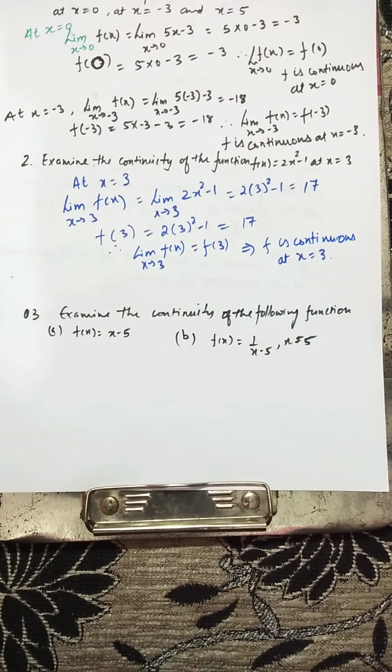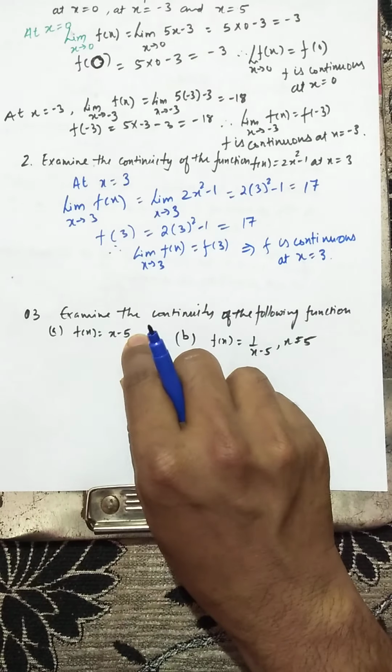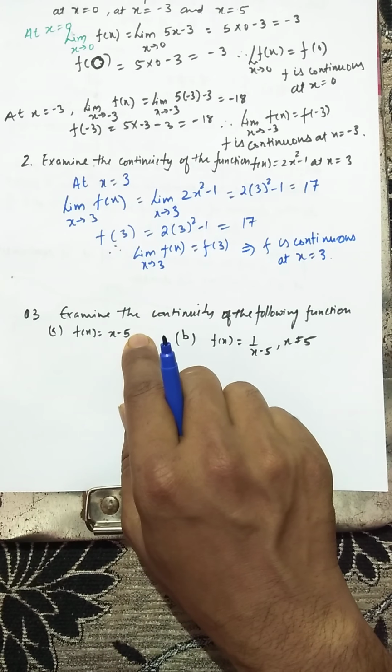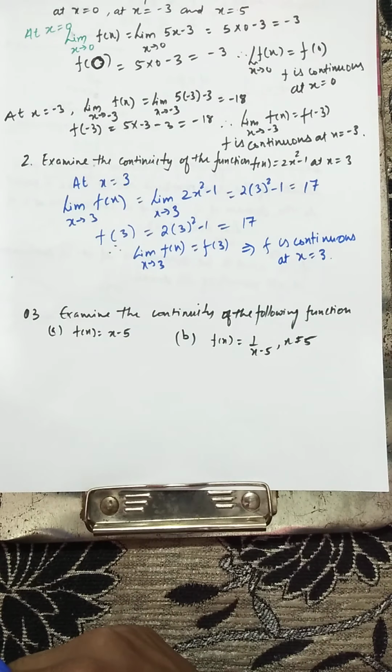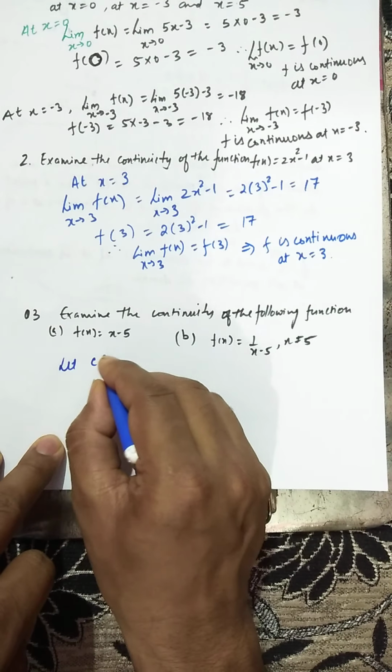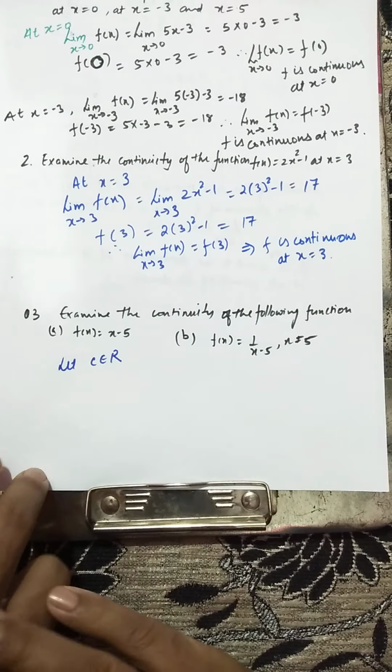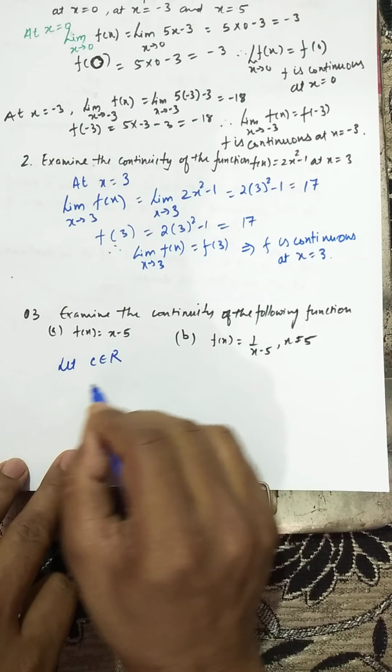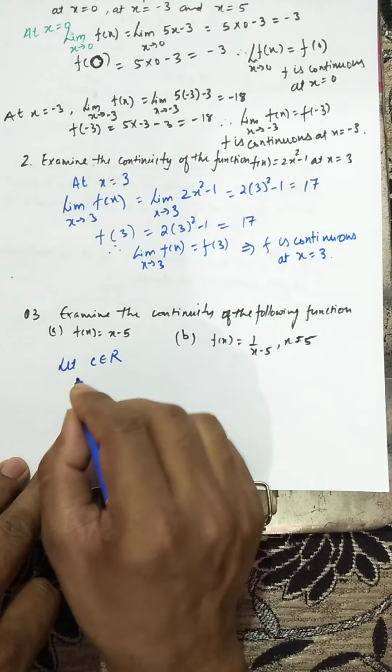Real numbers are the domain of this function, so it is not possible to take each and every number every time. So in general we take, let's say, C belongs to R, as a point of its domain, and we'll check whether this function is continuous at this point or not.